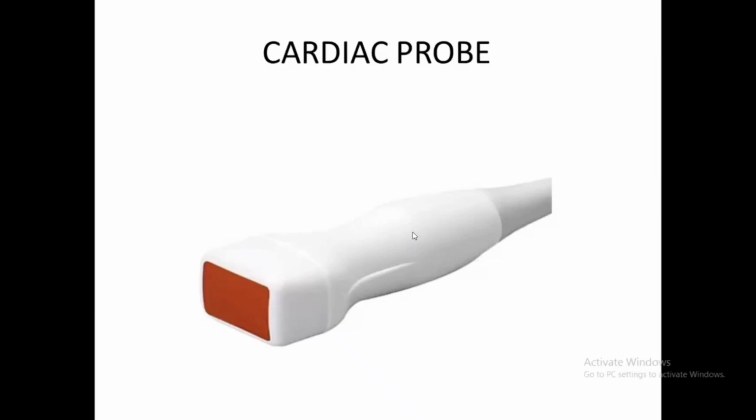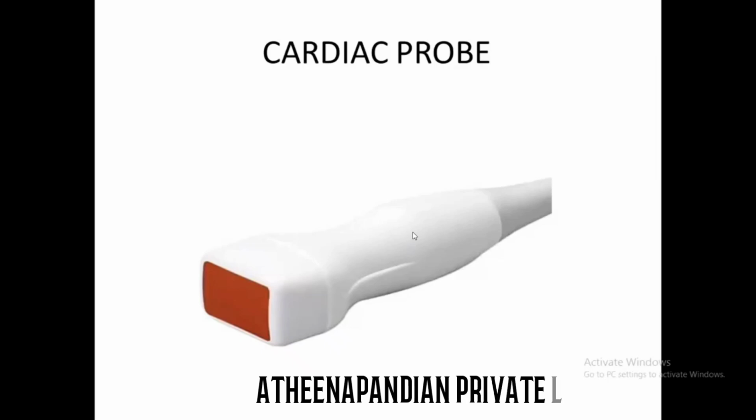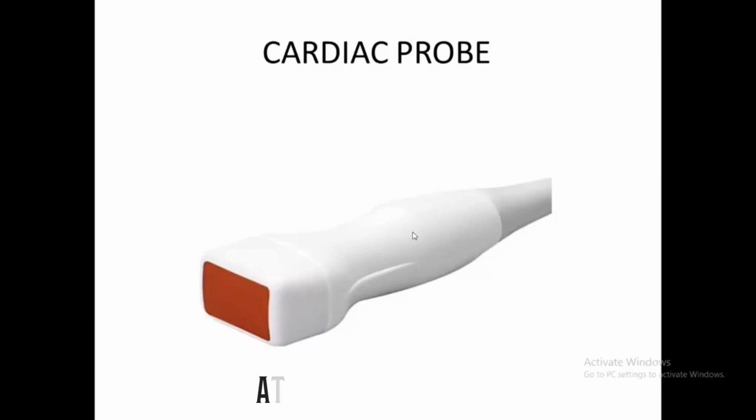So why we use cardiac probe is we are able to depict a few conditions like blue baby syndrome. Then we can see if there are any blood clots, especially in the heart. We can see if there are any holes, or any arrhythmia, or any heart attack or heart failure. We can check immediately with the cardiac probe.